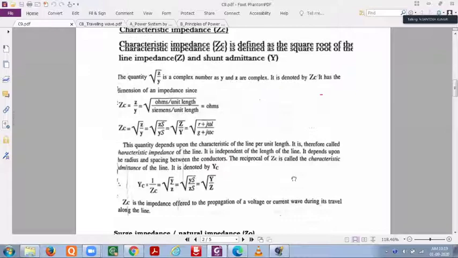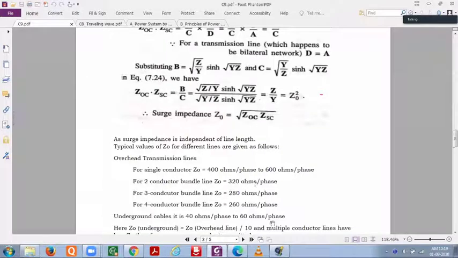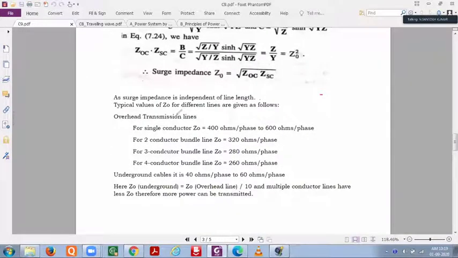So I have also written that here, just for your sake, I'll show this. These are the typical values. Surge impedance also means the same, but there is a slight difference between surge and characteristic impedance. Let it be. As it is independent of length, by using standard conductors, that is the standard radius and spacing between the conductors, we have determined the values for overhead lines.